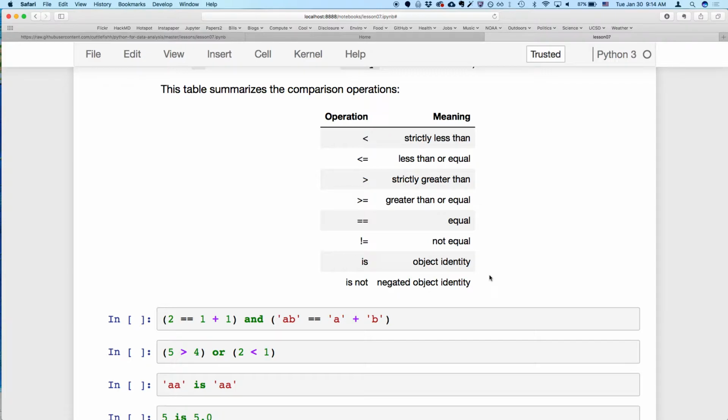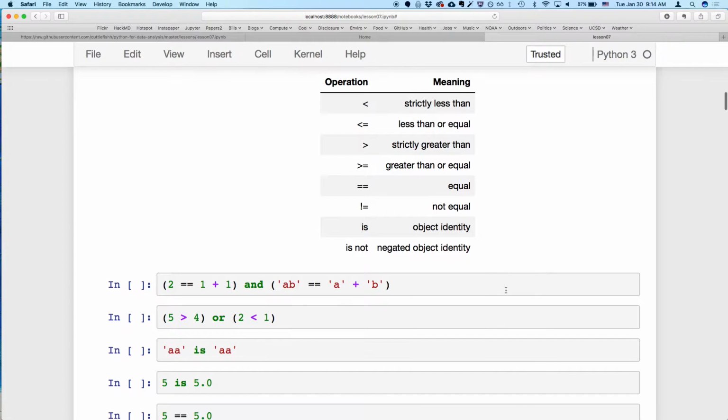And then there's something called is or is not. You would think that this would be the same as equal or not equal, but in Python, objects can have value, but they also have this identity. I think a good way to illustrate this is if you have